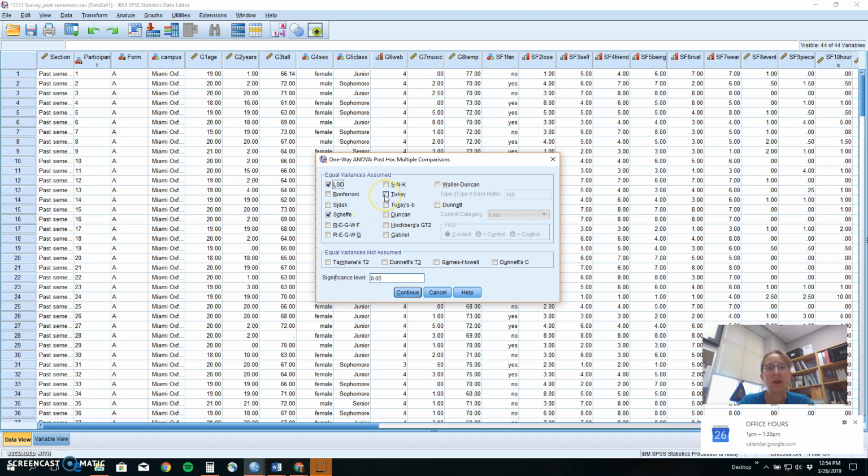A third kind that is frequently taught to beginning students is the Tukey test. And Tukey is nice, but it's a little bit touchy. You have to have exactly the same number of people in each of the groups to use the Tukey test efficiently. So while it's really nice if you've got a great controlled experimental design that has exactly the same number of people in each group, this doesn't often work when we're doing quasi-experimental studies or real-life studies where the sample sizes are uneven. So we will stick to primarily LSD and Scheffé for a post-hoc, after-the-fact test to see where